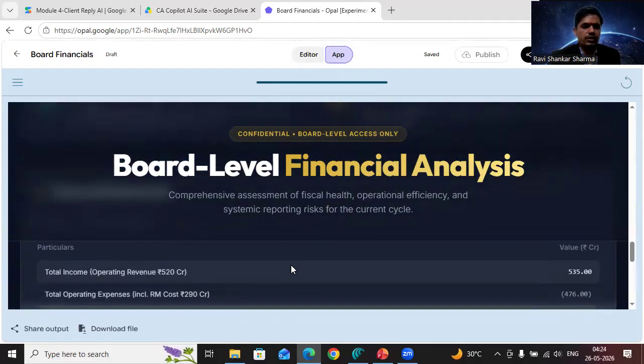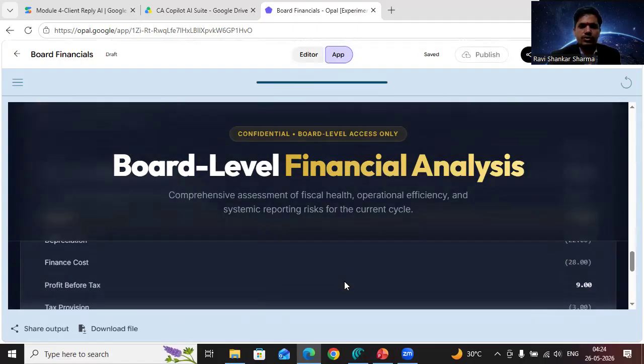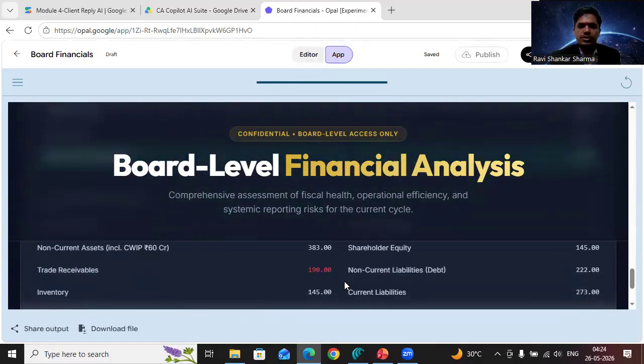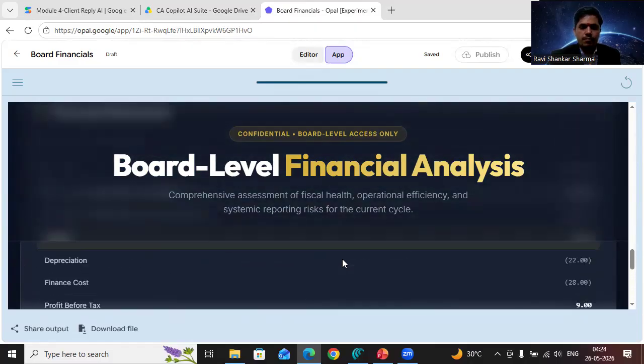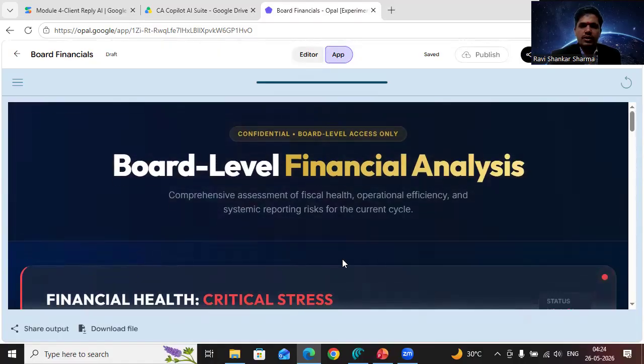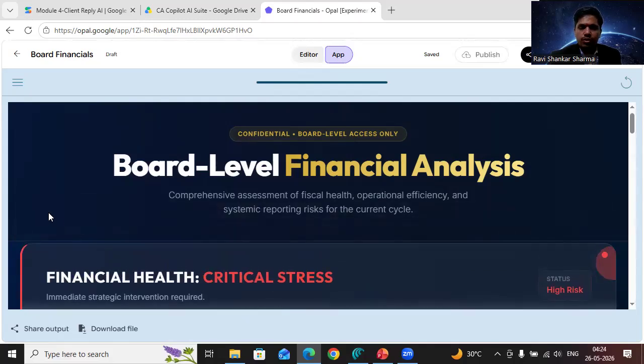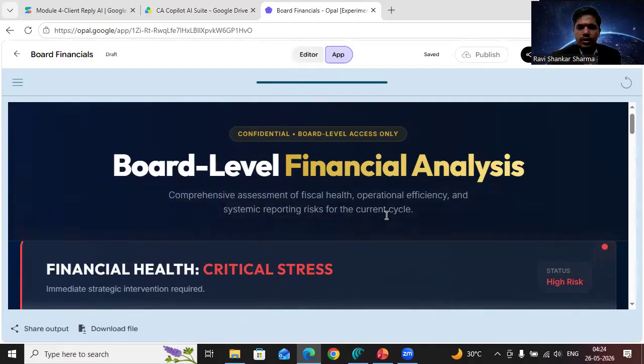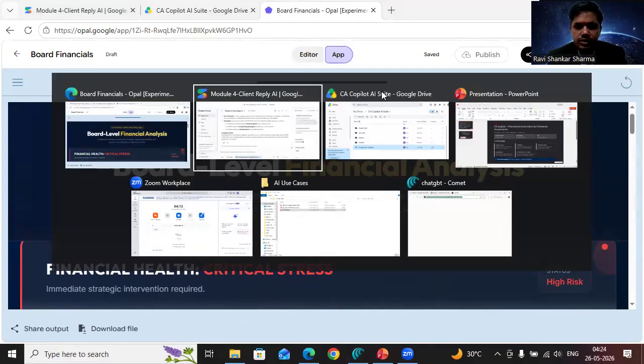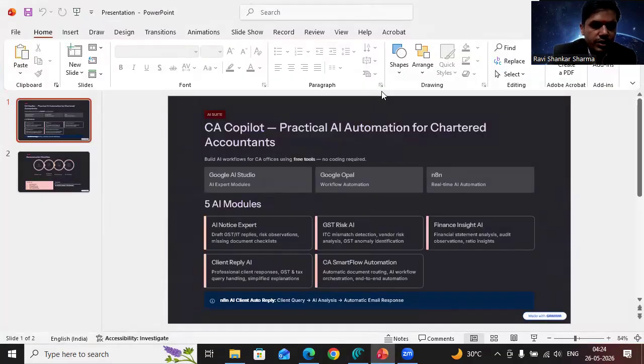Here we can download the financial statement. We can see those statements, the P&L and balance sheet, and major areas here. Friends, we can also change the structure. For example, for this board level report, we have to work on these areas. We can improve our reports according to our needs. So that's all, friends. Till now we have discussed